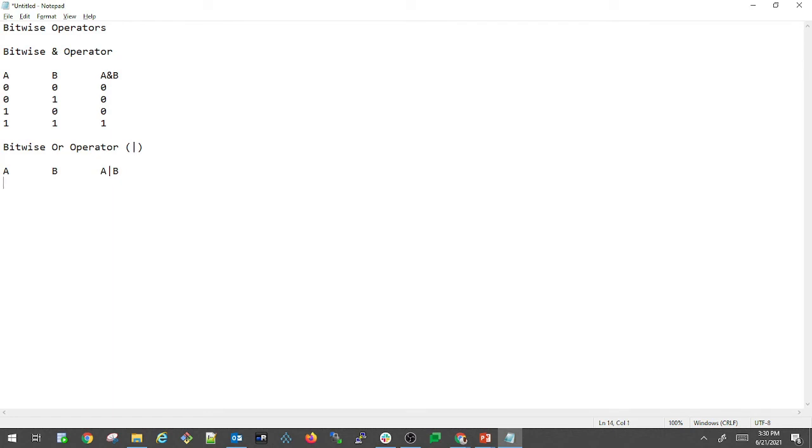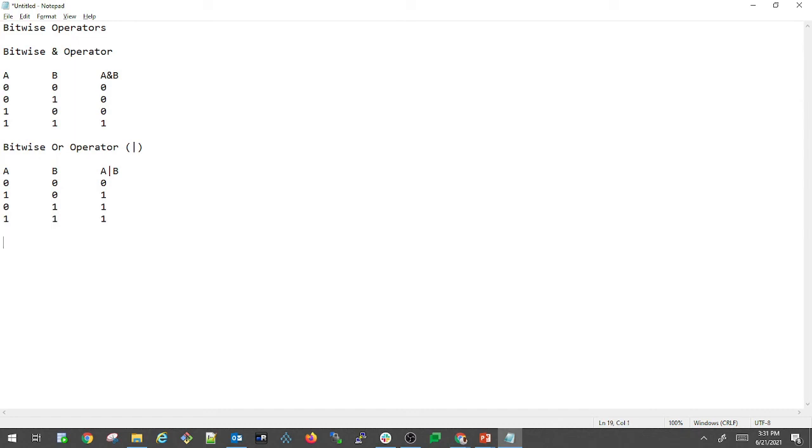If both the operands are 0 and 0, the bitwise A or B will be 0. If the first operand is 1 and the second operand is 0, the A or B will be 1. If the first operand is 0 and the second operand is 1, the A or B will be 1. And if both the first and second operands are 1, the bitwise A or B will again be 1.